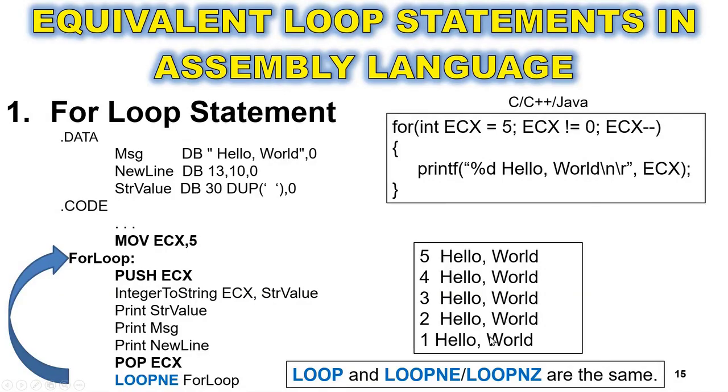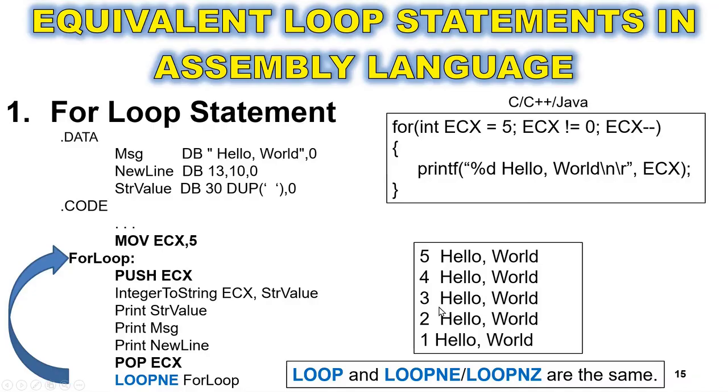The next example demonstrates the usage of the assembly language machine instruction LOOPNE or LOOPNZ, or repeat if the present value of ECX is not equal to 0. We learned a while ago that LOOPNE and LOOPNZ are the same. Therefore, when we execute this code, it will repeat 5 times, and it will display 5 hello world messages onto